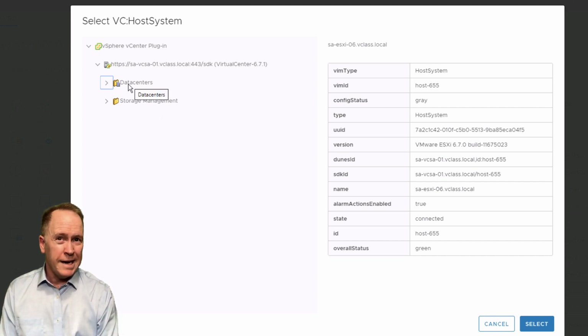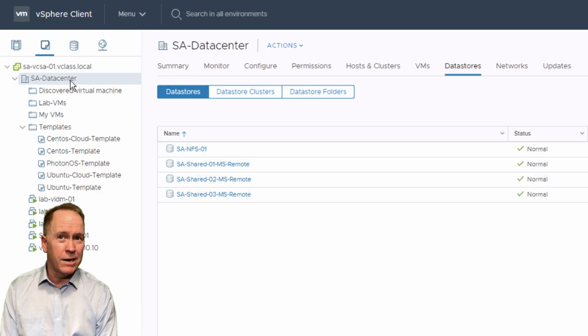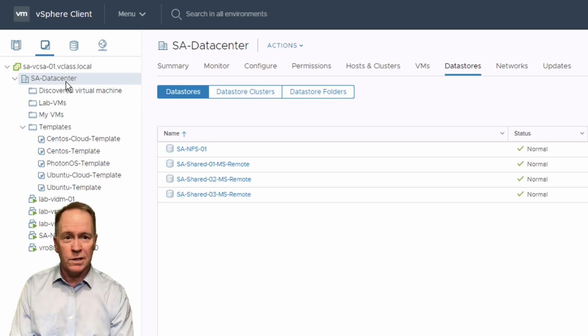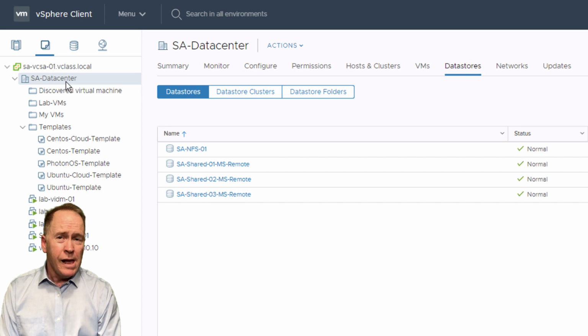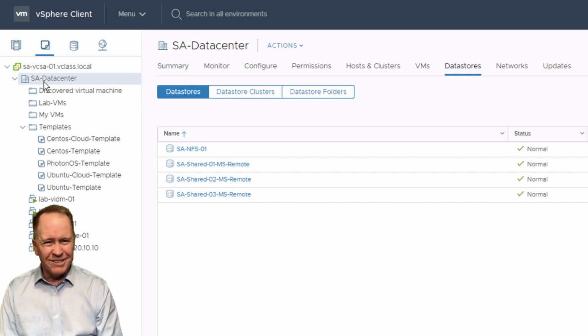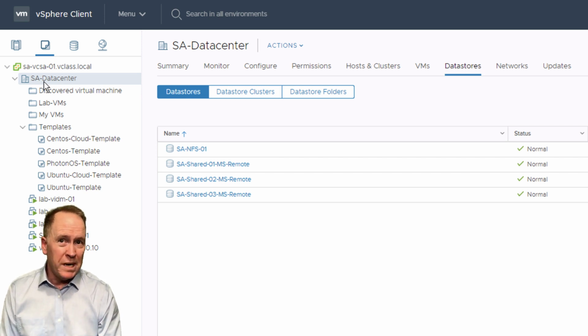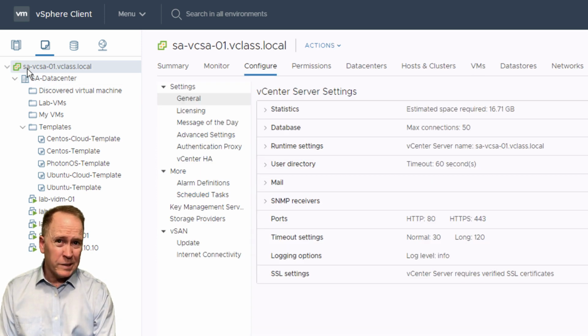This folder here, though, called Data Centers is super important. The folder called Data Centers is not a data center. Again, don't confuse a data center folder with a data center. A data center is something like this guy here. You use data centers to organize your clusters and hosts. Typically, each data center is for a different geographically based data center in your IT environment. When you only have a single data center, you don't really need to organize that one data center. But if you had 10 data centers or 20 data centers or 100 data centers, being able to organize them comes in real handy. So even though you rarely see these, you have the ability to create something called a